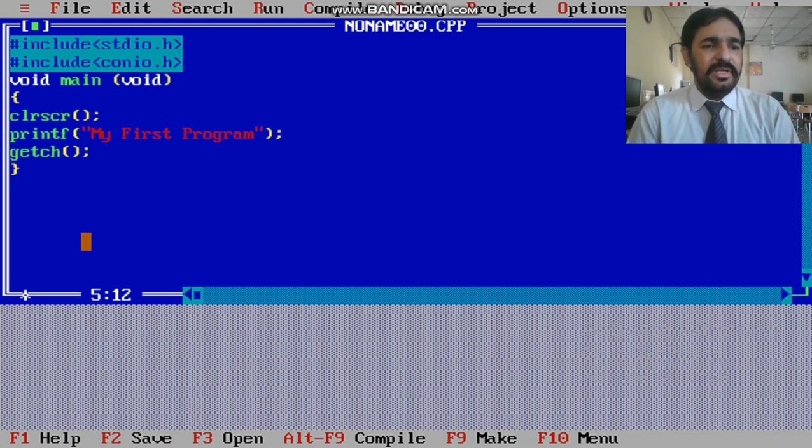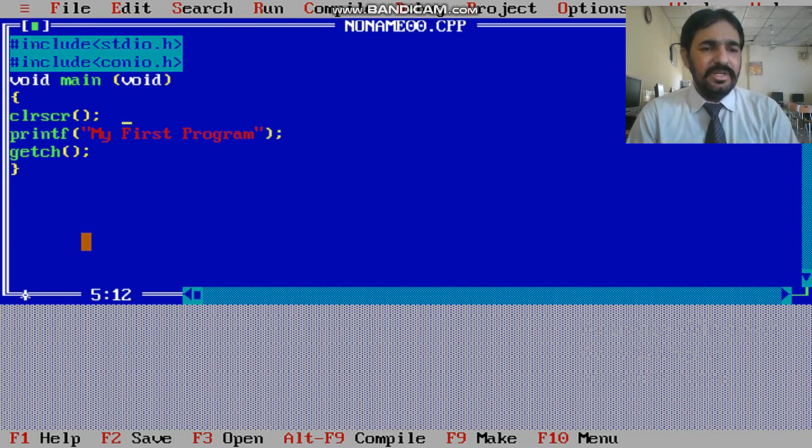Then we add void main void. It's the opening door of your program, in simple words. I have given you the proper definition of void main void and its function, but for common understanding you may say it's an opening door for any program. Then you start the program with an opening bracket. Then clrscr, clear screen, which we have studied is used to clear our previous data.